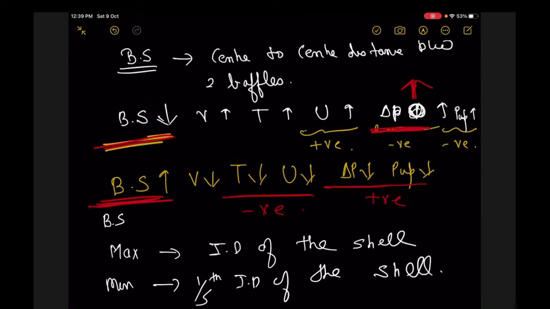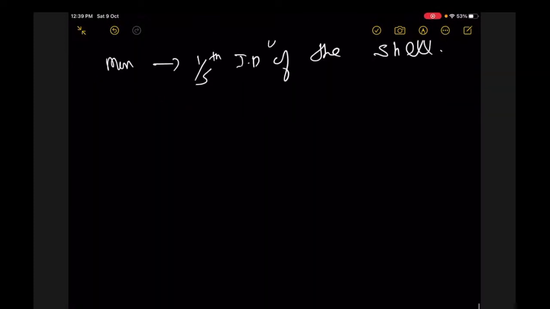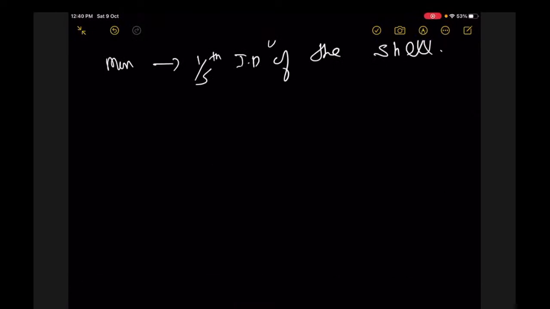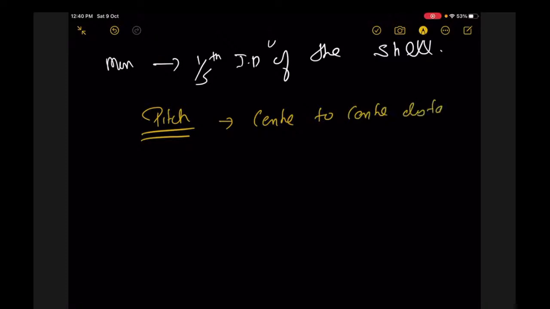देख लिया। चलो, इसके बाद आता है पिच। पिच क्या होता है? सेंटर टू सेंटर डिस्टेंस बिटवीन टू ट्यूब्स। ओके, सेंटर टू सेंटर डिस्टेंस बिटवीन टू ट्यूब्स।